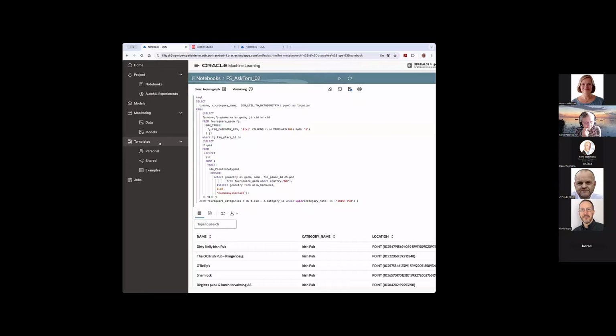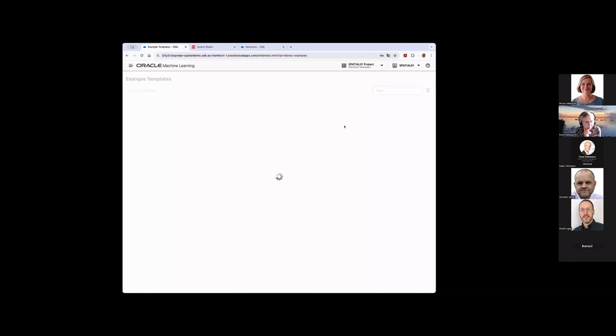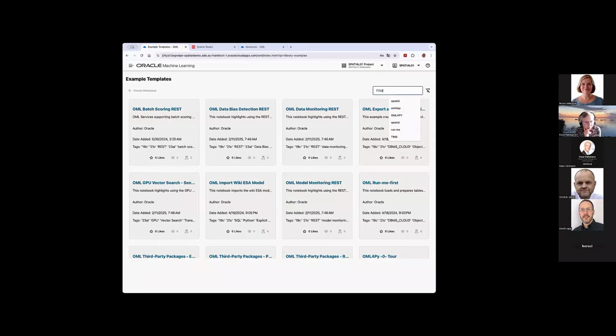While you are looking into the questions, I could show how to navigate to the spatial AI notebooks if you want to see them. If you go to Oracle Machine Learning notebooks that come with the Autonomous Database, when you're logged in, you have this sidebar where you go to templates, and in the templates you will find examples. There are a lot of notebooks with Python, R, and SQL, and in the Python part we also have those with spatial: spatial regression, spatial clustering, and spatial